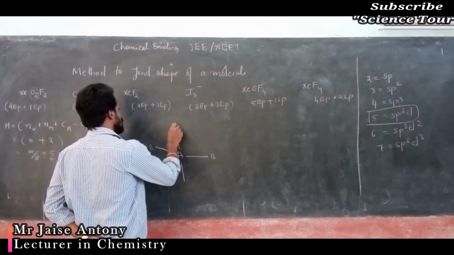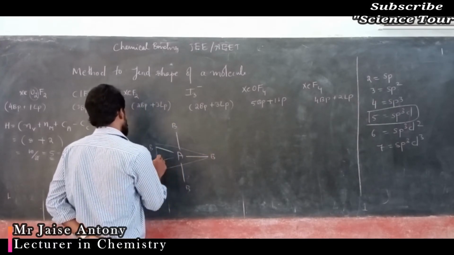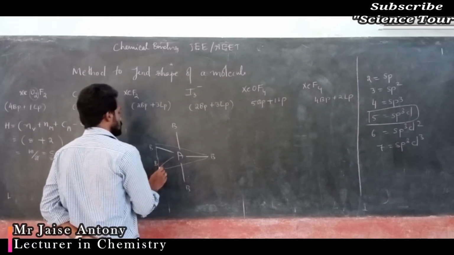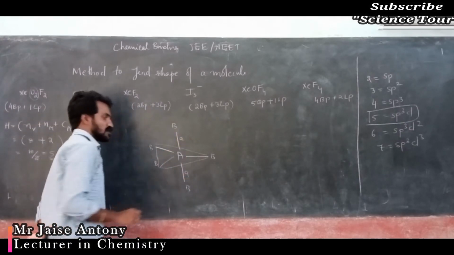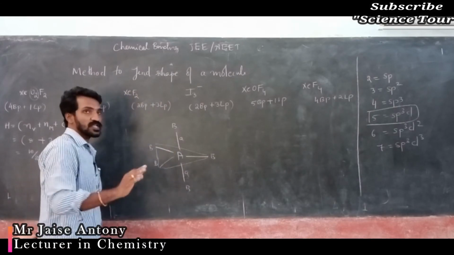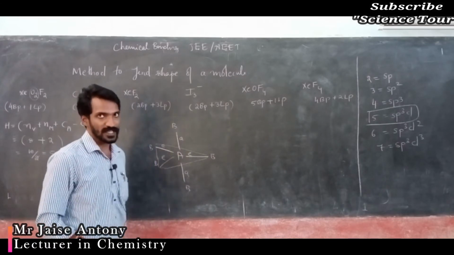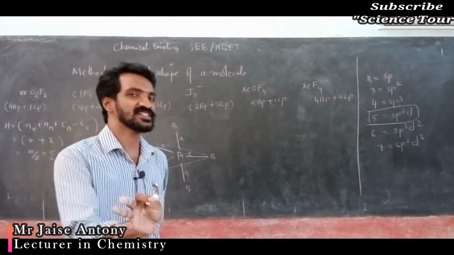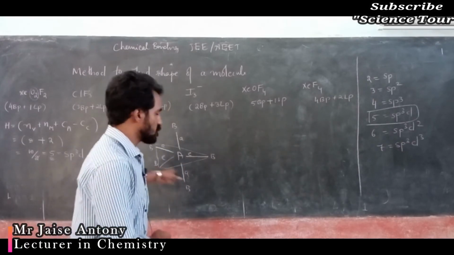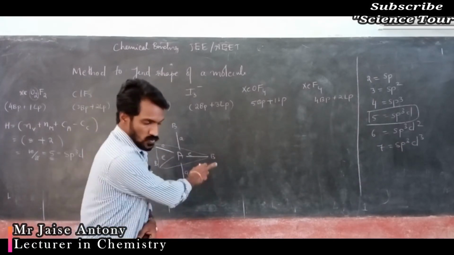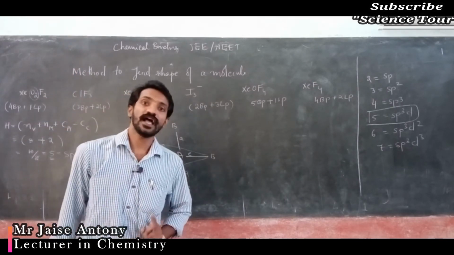This is actually trigonal bipyramidal shape. My dear students, very important thing is, this is axial bonding. These three are equatorial bonding. Equatorial bonding and axial bonding, two concepts. Equatorial means these three are in one plane, for example 1, 2, 3. And one is above, that is axial. One is below, that is axial.